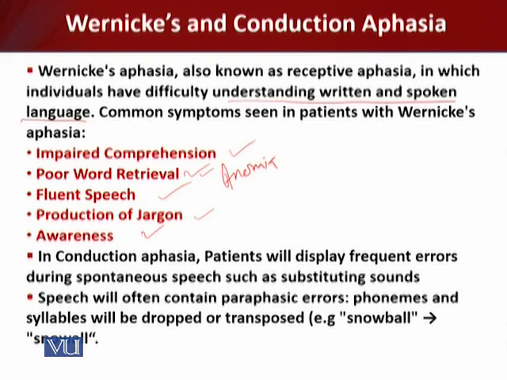Fluent speech. Individuals with Wernicke's aphasia do not have difficulty producing connected speech that flows. Although the connection of the words may be appropriate, the words they are using may not belong together to make sense. So there is no coherence. Whatever they are saying is grammatical and connected, but it doesn't make sense.